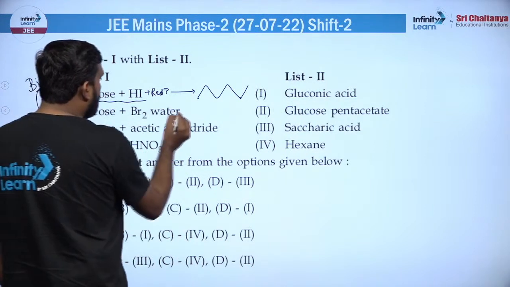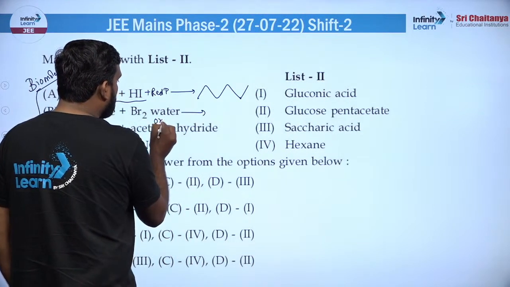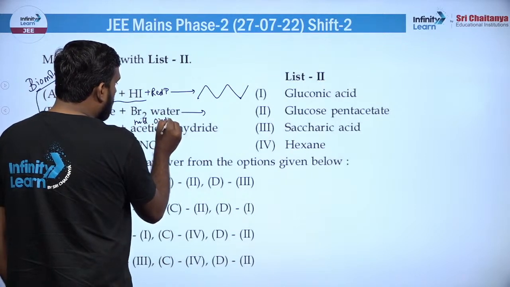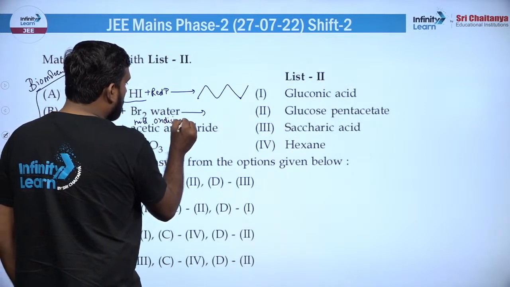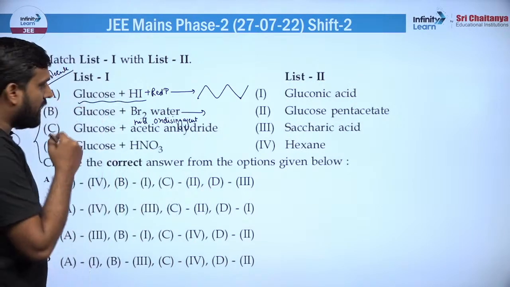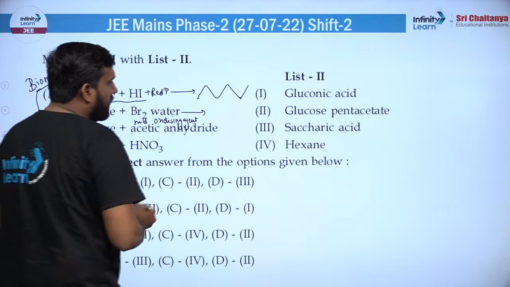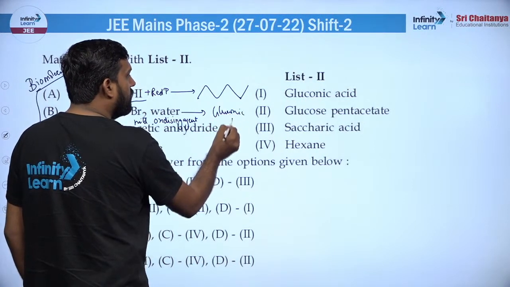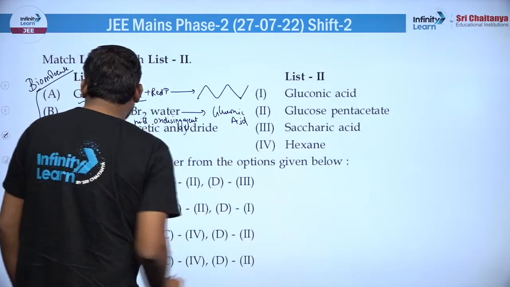जब ये ब्रोमीन वाटर के साथ है, ये ब्रोमीन वाटर माइल्ड ऑक्सीडाइजिंग एजेंट होता है, ठीक है। अब क्योंकि ये माइल्ड ऑक्सीडाइजिंग एजेंट है, सिर्फ एल्डिहाइड को ऑक्सीडाइज करके एसिड में कन्वर्ट करता है, तो ये ग्लूकोनिक एसिड बना देता है, ठीक है।